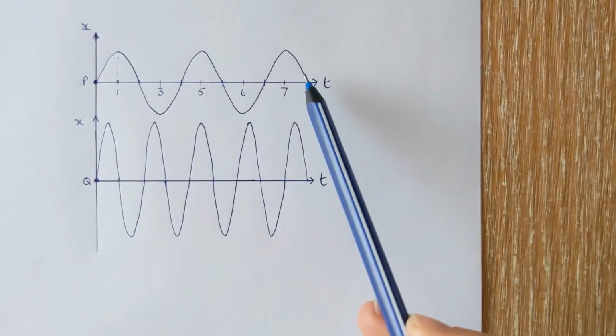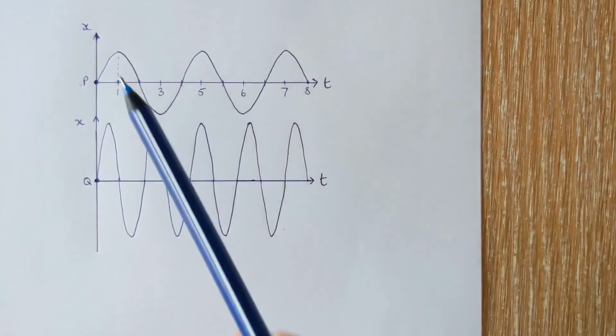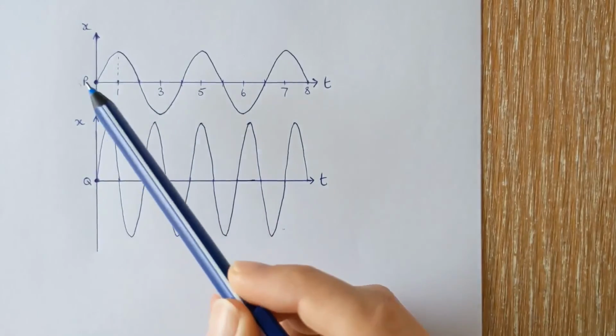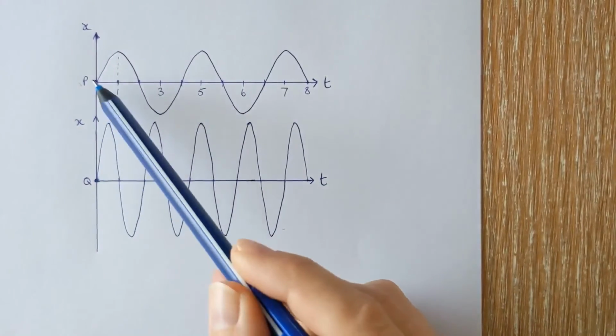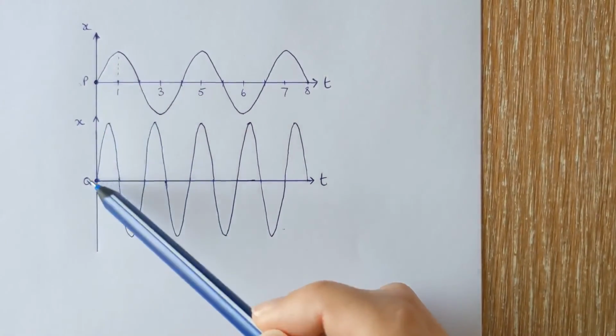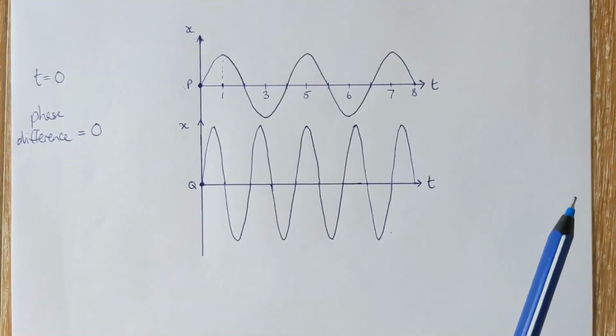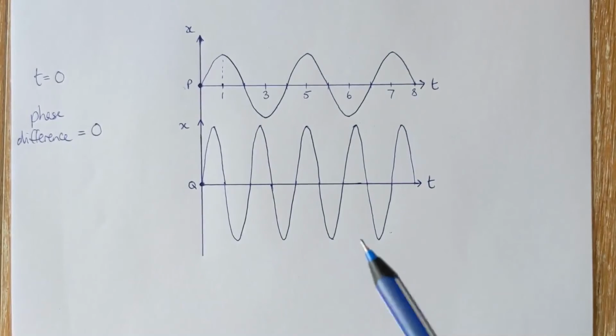So here's the graph for the point P on one wave, and here's the graph for the point Q on a different wave, and you can see that right at the beginning there, the difference between those two is 0. So at t equals 0, we've got a phase difference of 0 as well. But